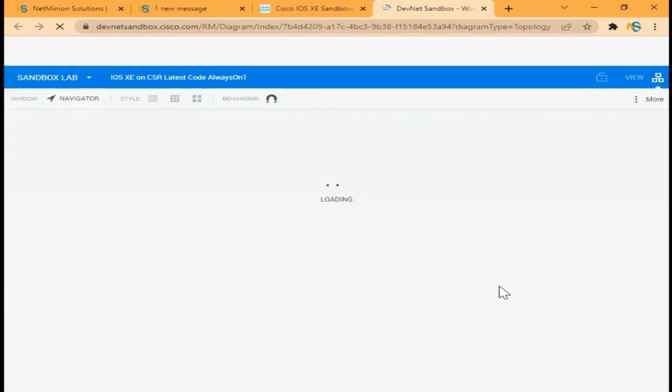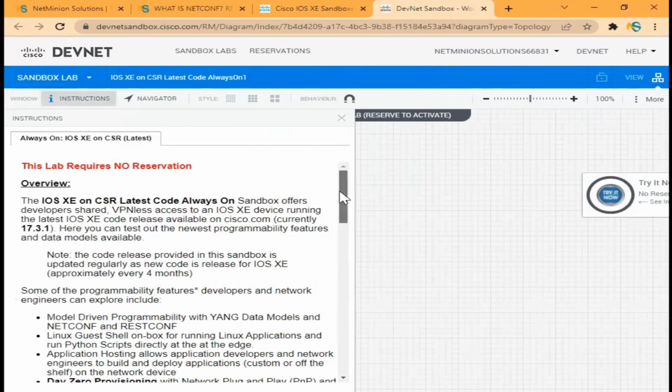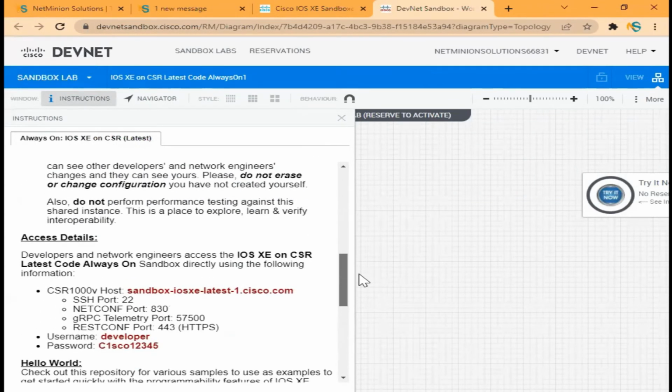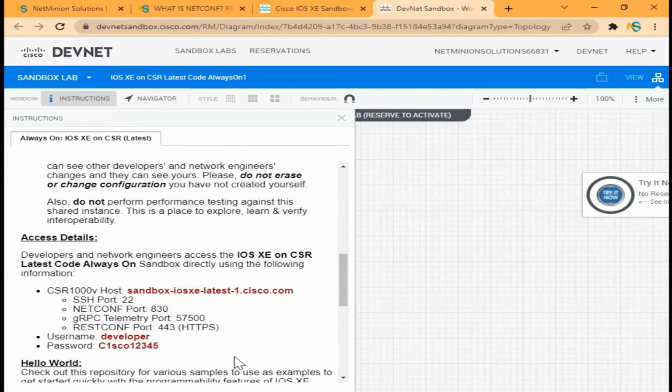If I click on this particular lab, you can see that this lab is there and they are providing credentials to me. If I go down, you can see there are a couple of credentials also provided to me.